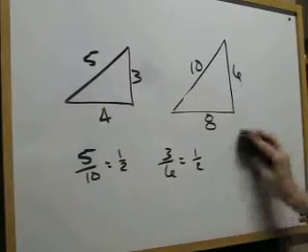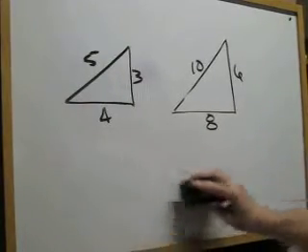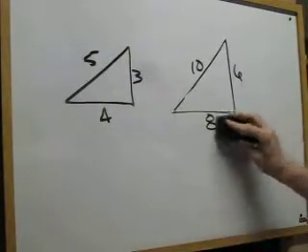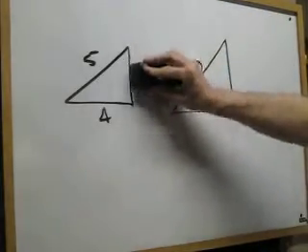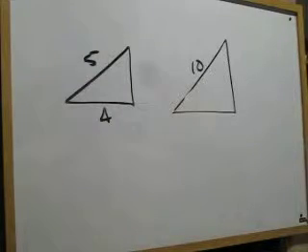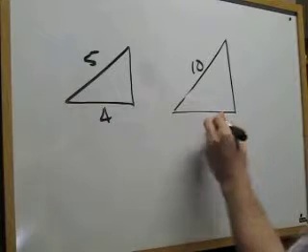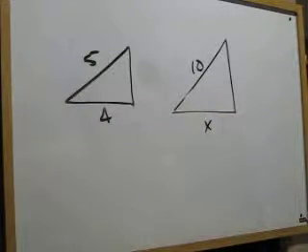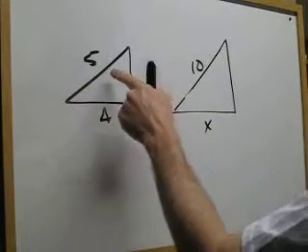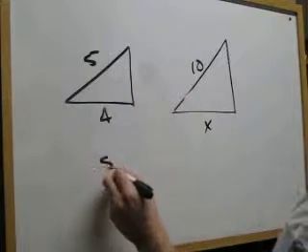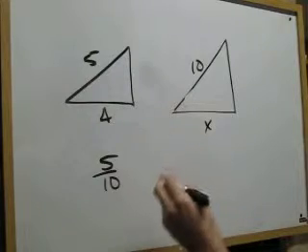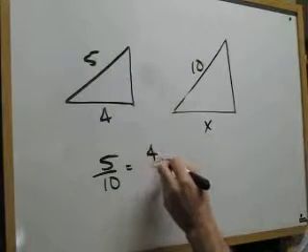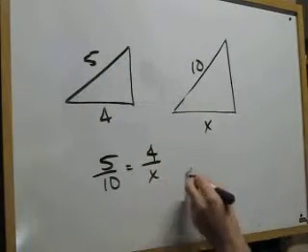And what is nice about that is sometimes we aren't given all of this information. Maybe I'm only given this information right here, and I'm told that these two triangles are proportional, but maybe I want to find out the length of that and I don't have it. Well, if I know that the ratios are the same, if I know that my 5 to 10, that ratio is going to be the same as my 4 over x. All I do is cross multiply,